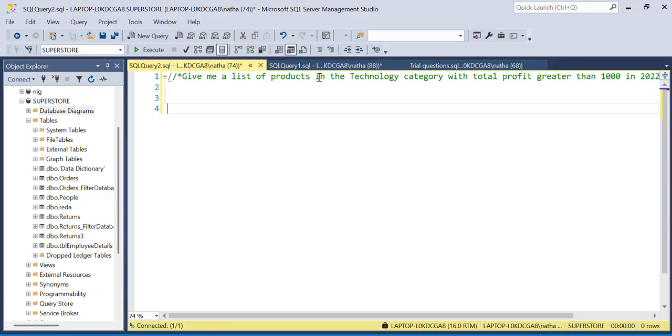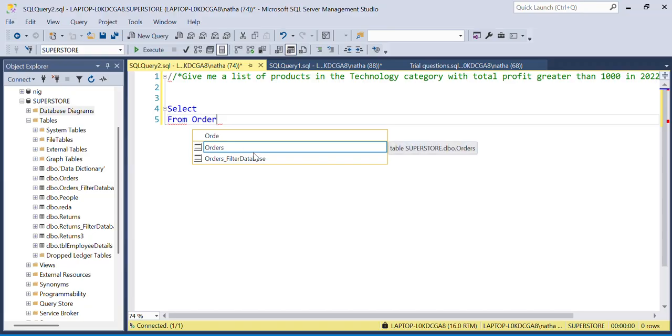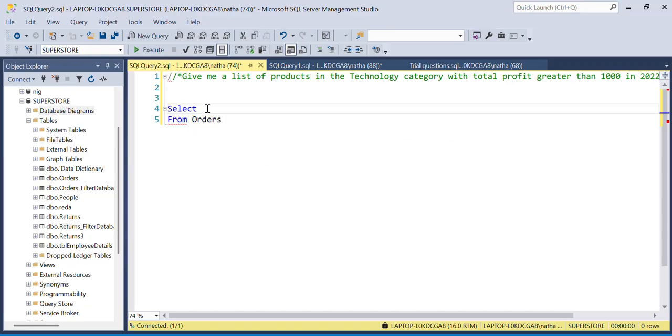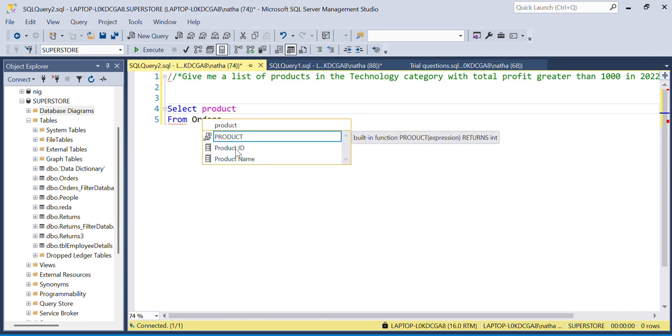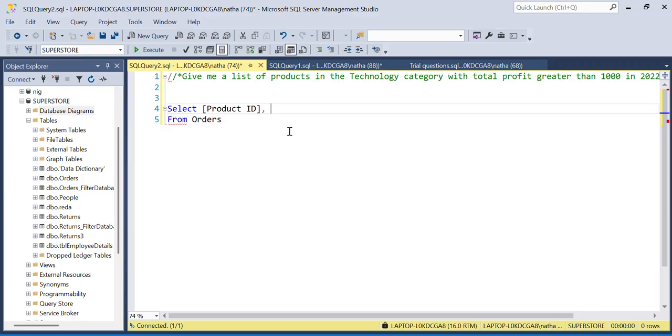Give me a list of products in the technology category with total profit greater than 1000 in 2022. Right from there, I will just go in and have my orders table ready, so it can help me get the IntelliSense. If it's talking about the products, then we should be looking at a product ID that we will be working with, and also talking about the technology category, so we should have our category here, and then we want to bring in our sum of profits